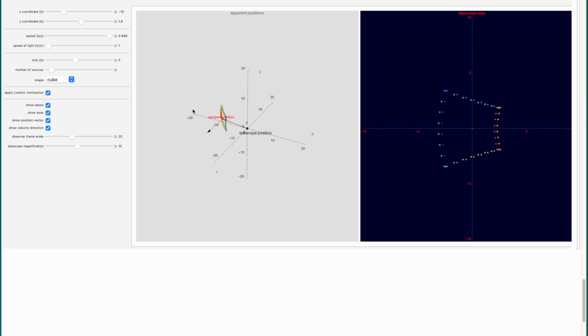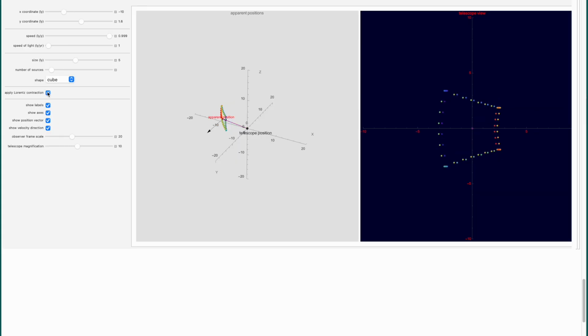So what we're going to do is turn off the contraction effect to see how that affects the appearance of this thing. So there we see that when you apply Lorentz contraction, this thing does indeed get substantially thinner, okay? And it has a very profound effect on the telescope view, as you just saw there, okay?